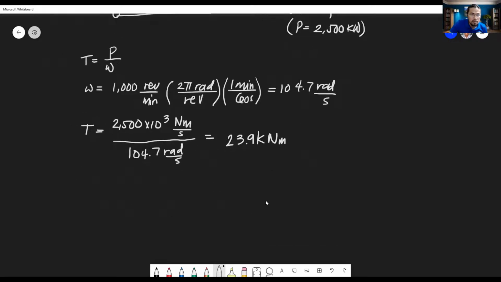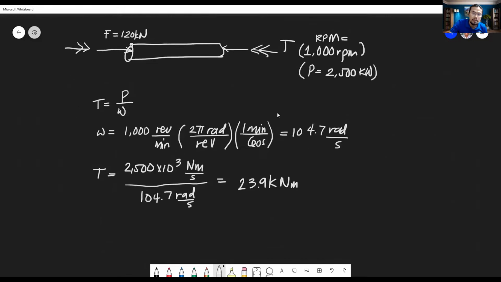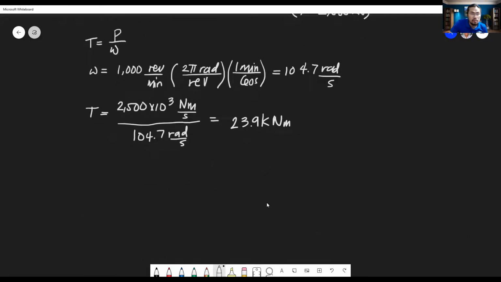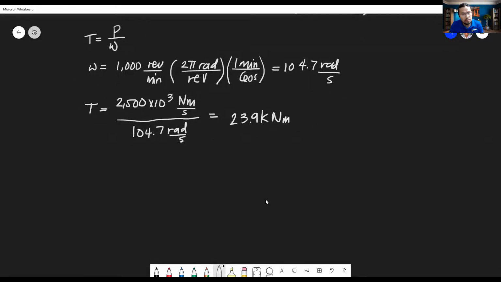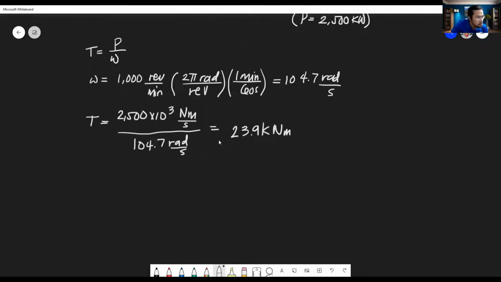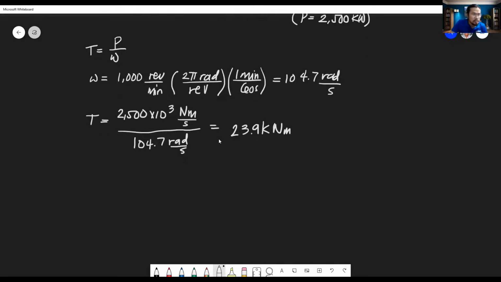That's going to be the force in the surface. Now torque is going to cause a shear stress along the direction of the surface of that shaft. So we now find the stresses, define the stresses, and